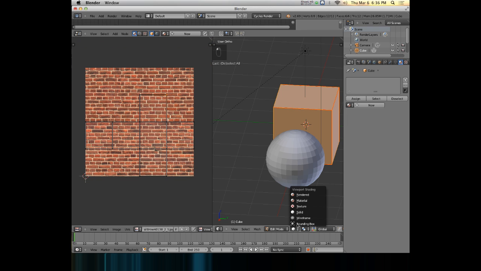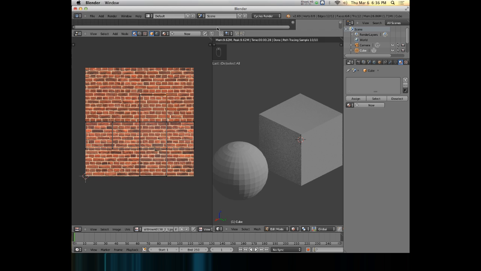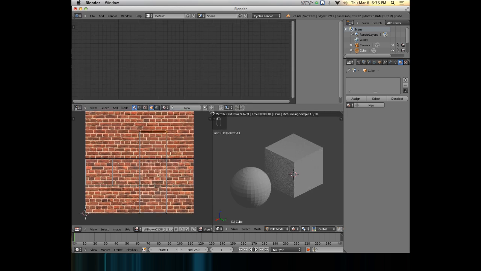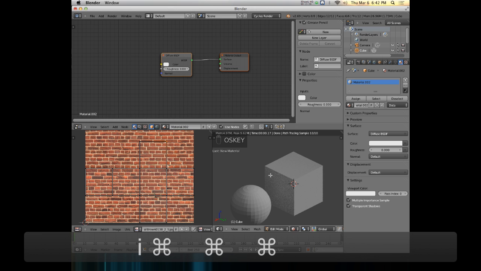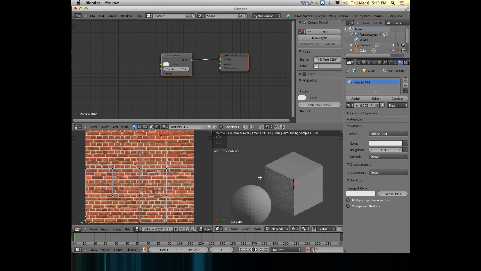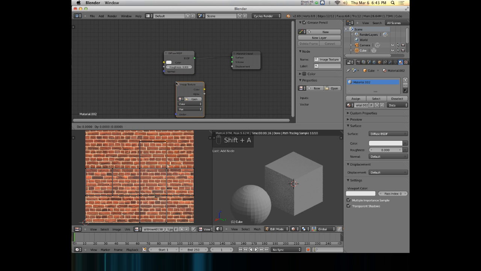If I go to rendered view, I don't see anything yet, and that's because I need to set up the material now. So I've got my cube selected, and I'm going to add a new material. So now we need to set up our material so that we can actually see our texture. And the way that we do that, we've got our diffuse right here. We can hit Shift A and add in a texture, image texture,